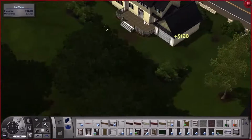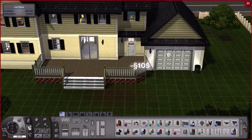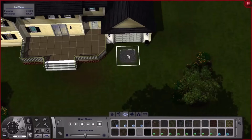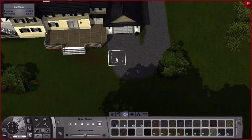And what I'm doing right now is I kind of reversed the whole house, so the driveway would be on the other side, and I copied the front of the house, but the back of the house looks different. Yeah, and as you can see, right now I'm working on the driveway that I was talking about, and something that I like about this house is